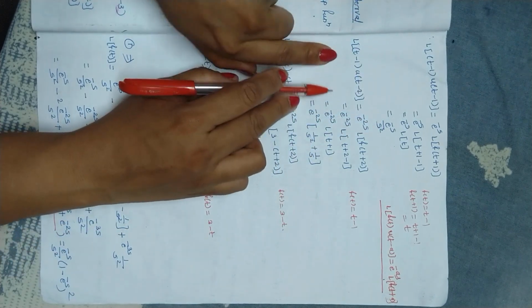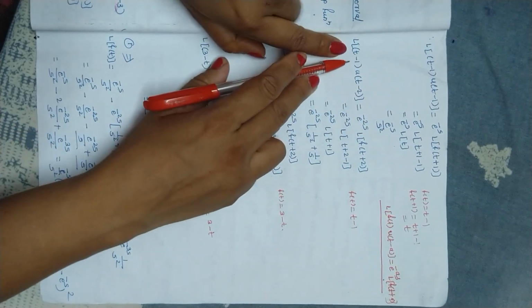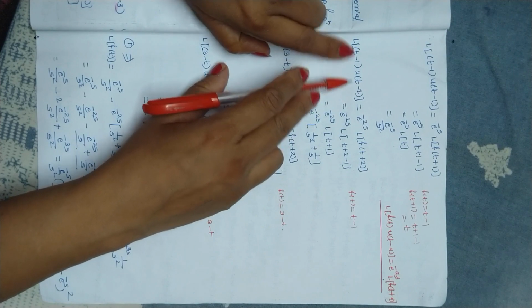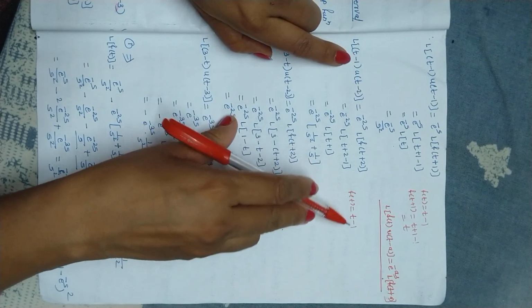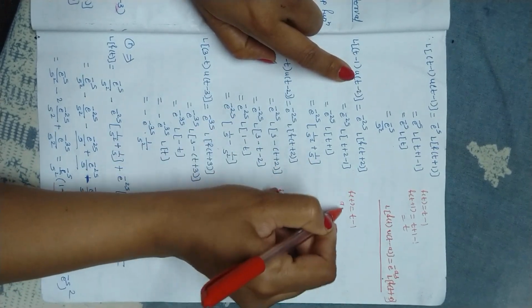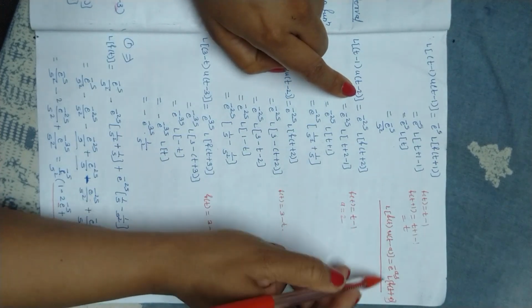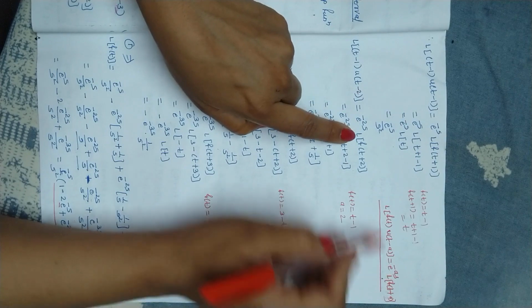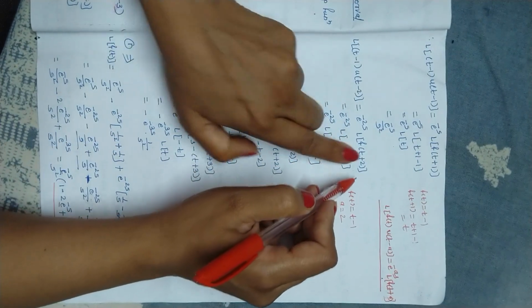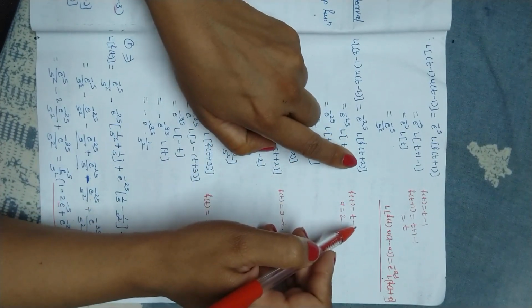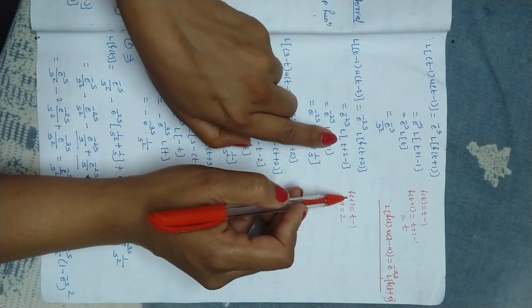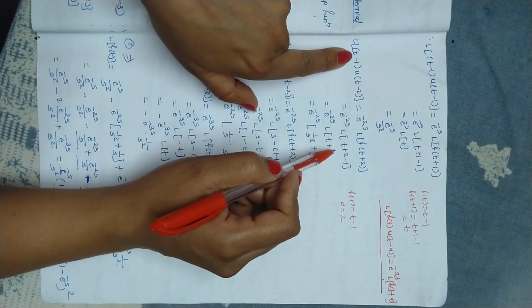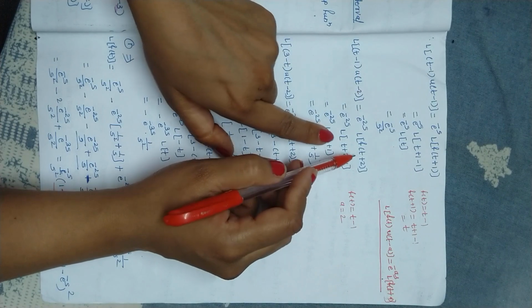Now the second: the same Laplace, Laplace of (t minus 1) u(t minus 2). Now what is f of t here? Same, t minus 1. What is a here? 2. And the formula is the same. That's why the answer is e raised to minus 2s times Laplace of f of t plus 2. What is f of t plus 2? Just replace t by t plus 2 here. What is this? It is t plus 1. That's why the answer for